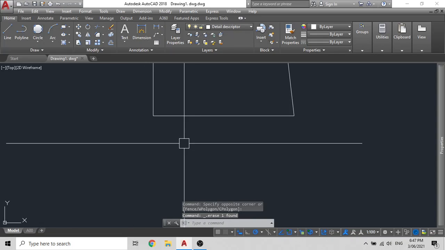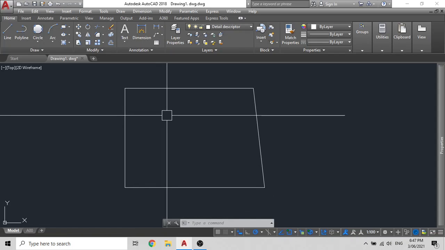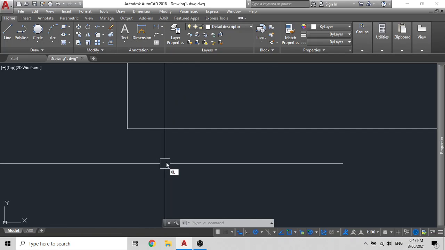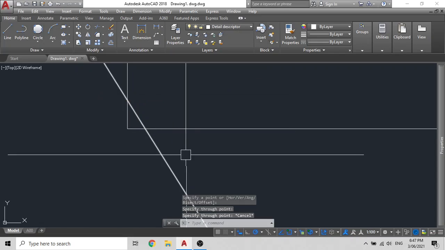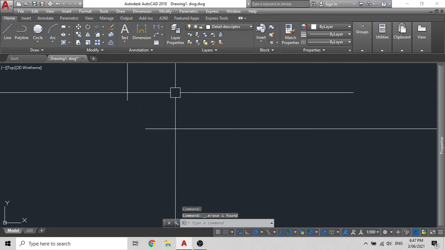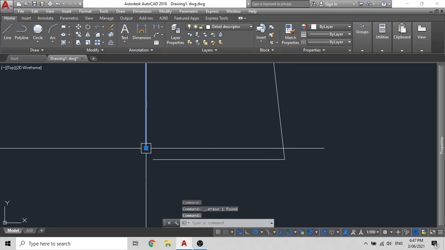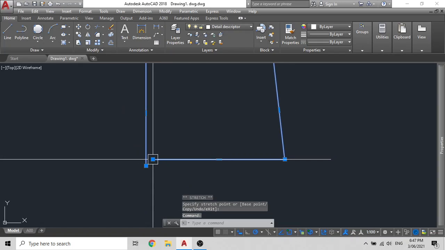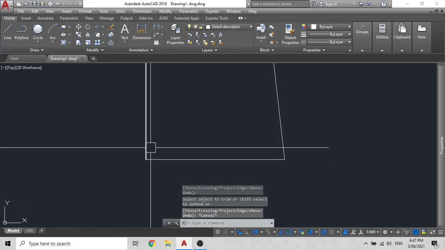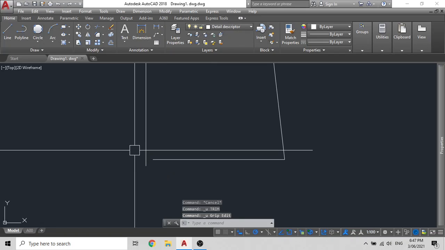Now the next option is the fillet option. Most people get this wrong, but let me tell you how to actually make this. So first let me set up the exercise. Now some people use a tedious method of clicking on this, bringing it down here, then clicking on this, bring it over here, then select and then trim. It's a waste of time method. Let me show you a simple method how to do that.